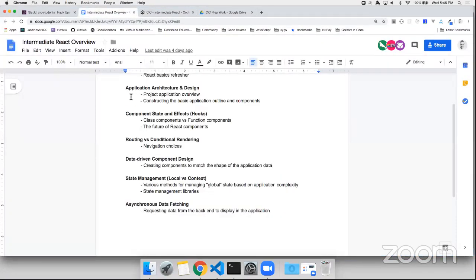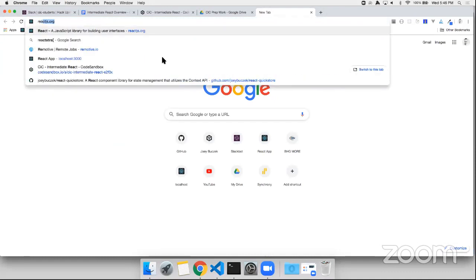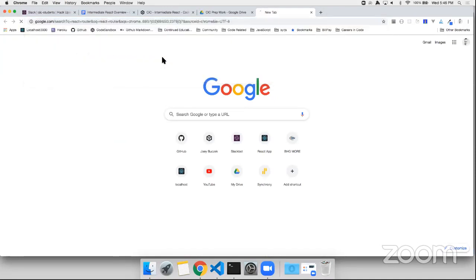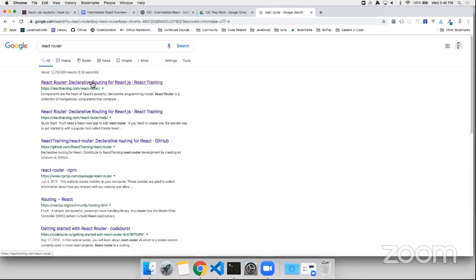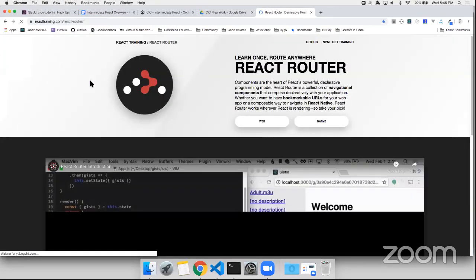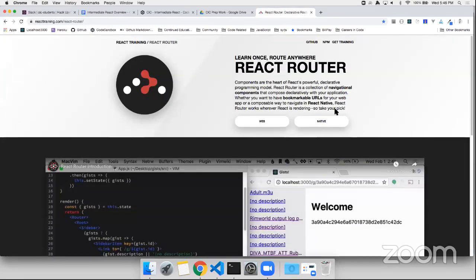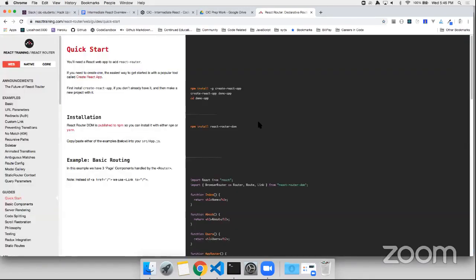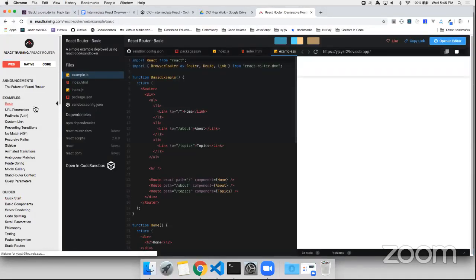Okay. So we're going to implement router, and we're going to use React Router. I'm just going to type React Router and do a quick search. The first link I get is the documentation for React Router. There are two different ways to use React Router: native and web. We're obviously going to use web. We're not working with React Native in this class right now. And then when we go there, if we could just click on basic in the examples,